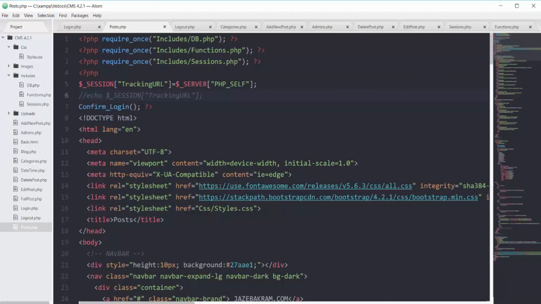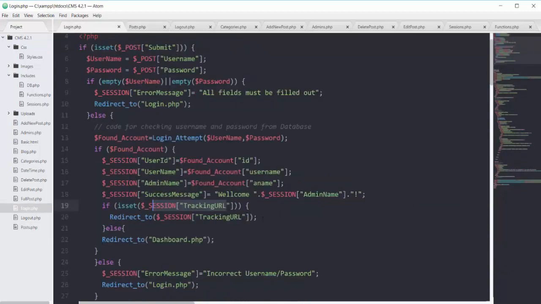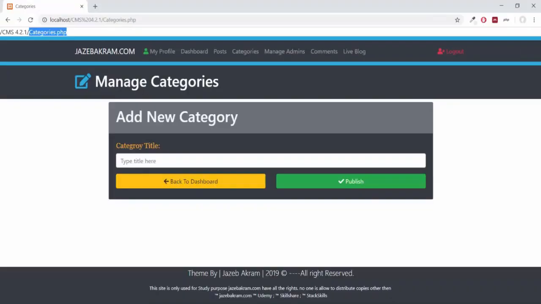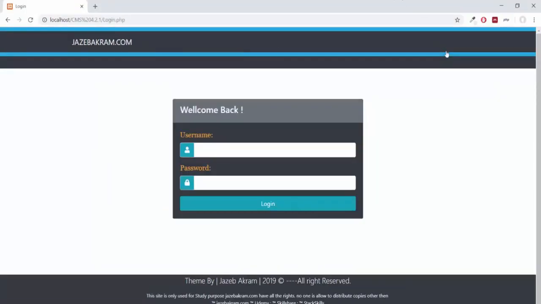Then by this function of confirm login, it will redirect us to the login page. In the login page, we will do all of this code, and if we found the account and if our tracking URL is set, we will redirect our admin to the tracking URL variable page, or otherwise the default page will be dashboard.php.